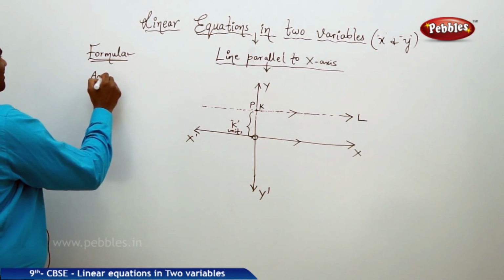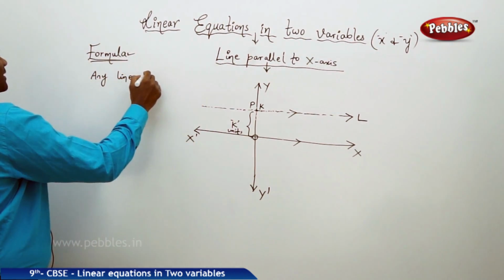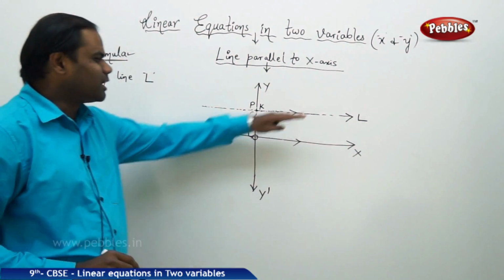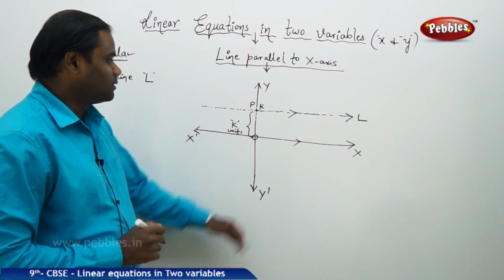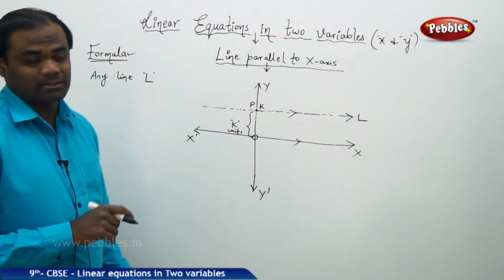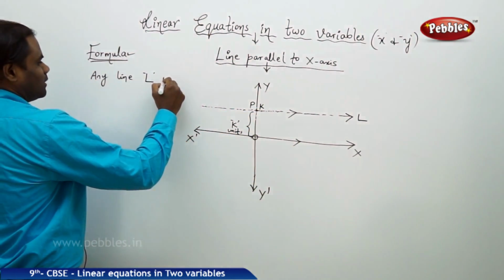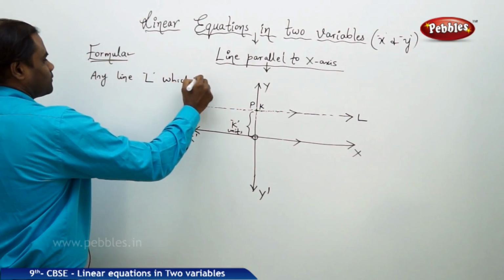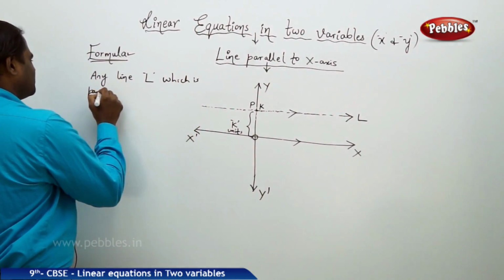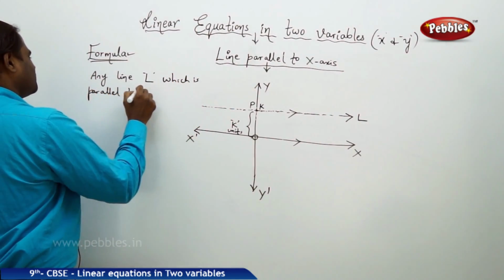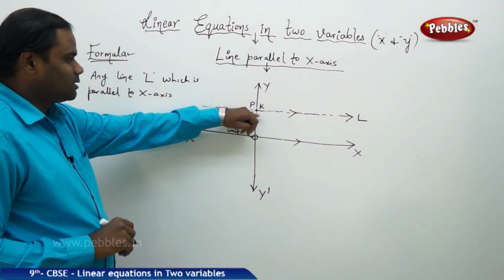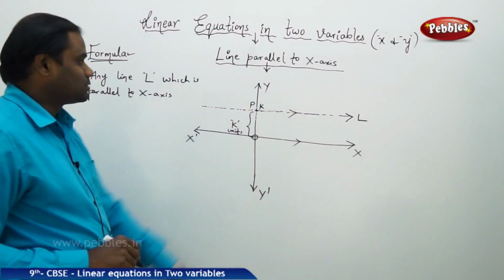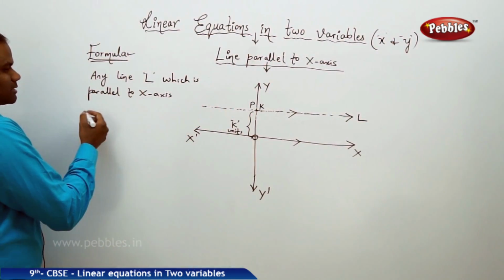Any line L, this line may be anywhere in the Cartesian plane, provided the condition that this line is parallel to the x-axis. So any line L which is parallel to the x-axis, here being the line L. So any line L which is parallel to the x-axis